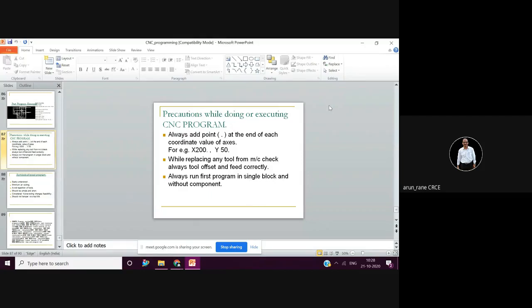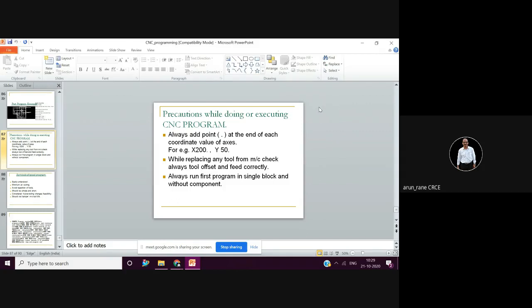What is single block and what is auto block? Auto block means the blocks will be executed one after the other automatically. In single block, one block is executed, then the machine stops. The machine will not execute the next block unless you press the cycle start button on the control. So to execute the next block, you must press cycle start, and then again for the subsequent block. For every block you need to press cycle start.